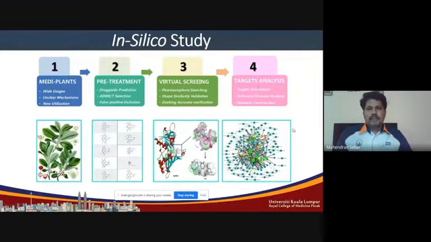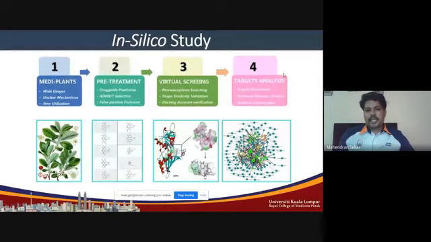Then the last step, the final step, is the analysis of the set of targets. So we can analyze the relationship between the similarity pathways, pathological pathways, and related disease and potential target. This is what we do in the final step. Finally, we can construct the network relationship among medicinal plants, natural products, and also the biological targets, signaling pathways, and diseases. Based on this information, we can elucidate the mechanistic basis of the effect of the natural compounds in medicinal plants and predict potential pharmacological activities.